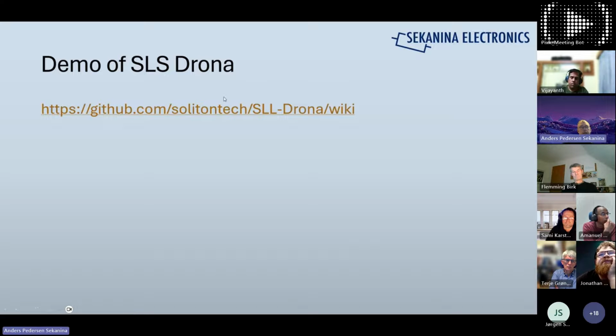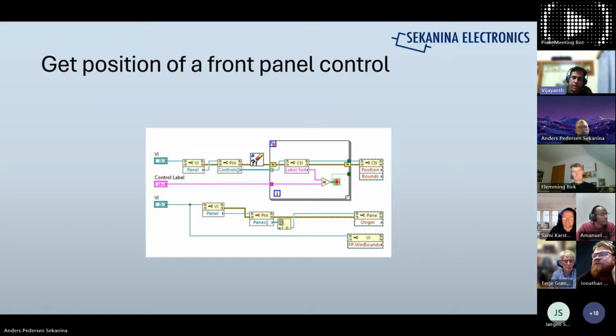Sorry to interrupt, but just a quick note on the previous slide. You would also need to convert from panel to pane coordinates and to screen coordinates, right? You have panel to screen coordinates, panel to pane coordinates, pane to screen coordinates, and such.